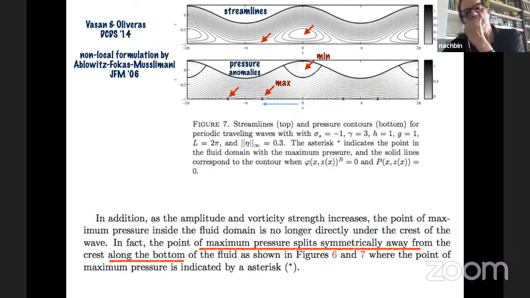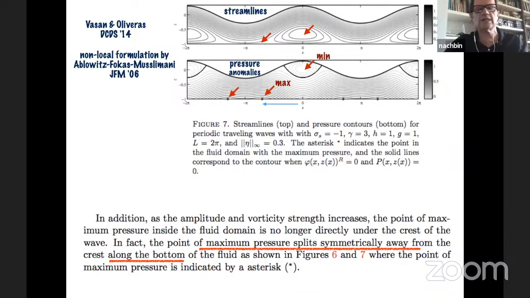So here, it's interesting that you see another pressure anomaly, as pointed out by Da Silva and Peregrine, is that the points of maximum pressure are not beneath the crest, where from the hydrostatic approximation it should be. That's where the water column is the highest. Actually, the maximum pressure can, and we showed it, be achieved underneath the trough. That's somehow related to the saddle point, because that's where the speed slows down. That's the intuition. So you have this hydrofoil-like recirculation zone, which gives you this pressure anomaly above and at the saddle points. So this is very interesting.